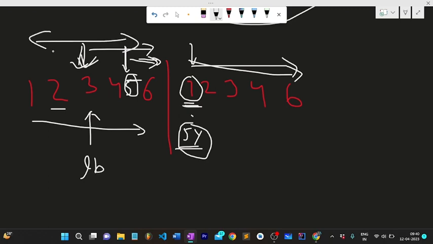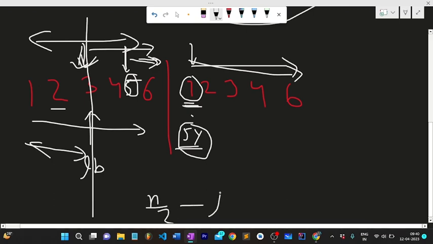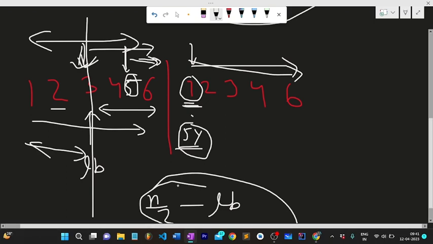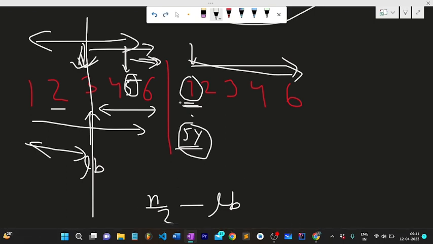So this part is up to LB, this is LB, and the total is n by 2. Then n by 2 minus LB gives the number of elements contributing to my answer. So n by 2 minus LB is our required answer for each number in the right array.